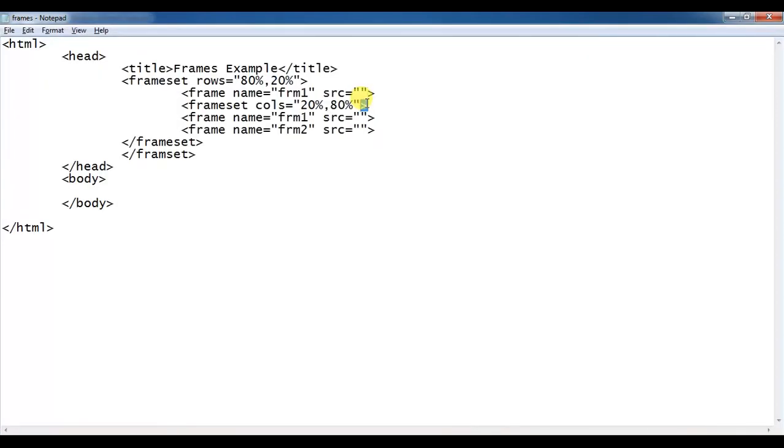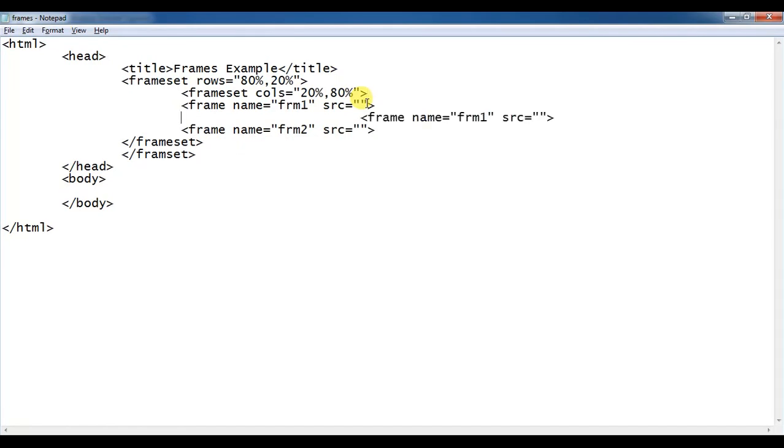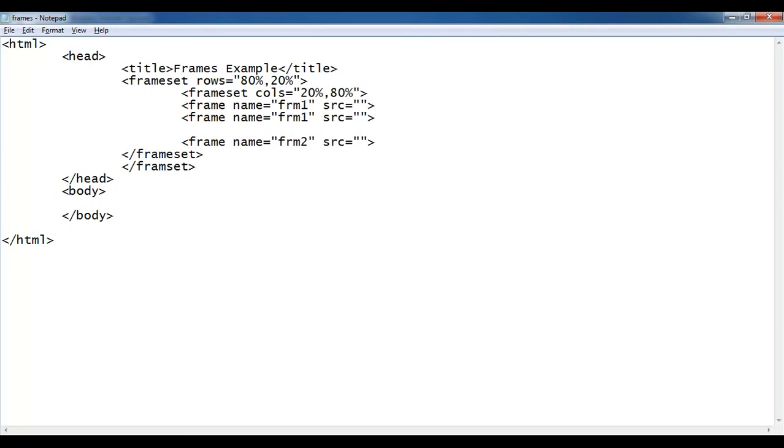Okay, remove the frame set statement here. Here only I am specifying, because I want to divide the first frame itself. Right, after completing the two frames, I will specify the closing of the second frame set here only. Here no need to have the second frame set closing. Remove it,